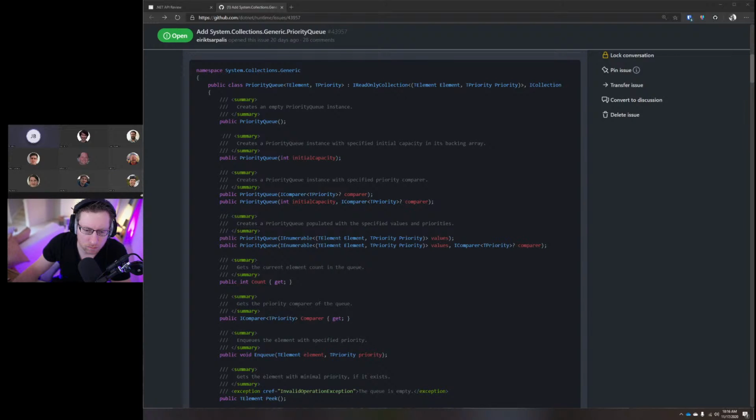So the default constructor, no problem. It feels like the next three can be one constructor with default parameters, and then the next two could be one constructor with default parameters. Yeah, I wouldn't object to that. And so like initial capacity equal -1, which means it'll do whatever it feels like doing. Or nullable of initial capacity. Well, we didn't have default arguments when we built any of the other collections. Right, but it's weird to me that -1 would mean that.